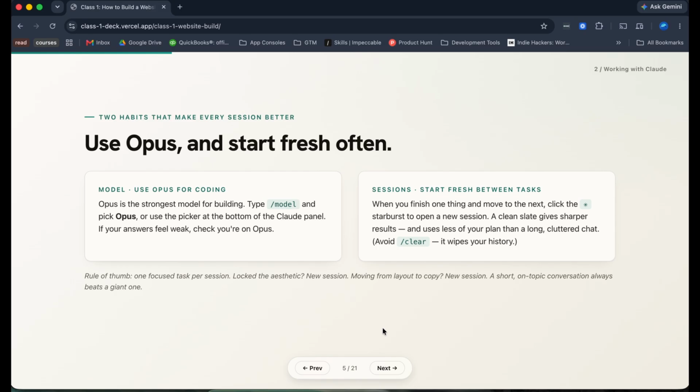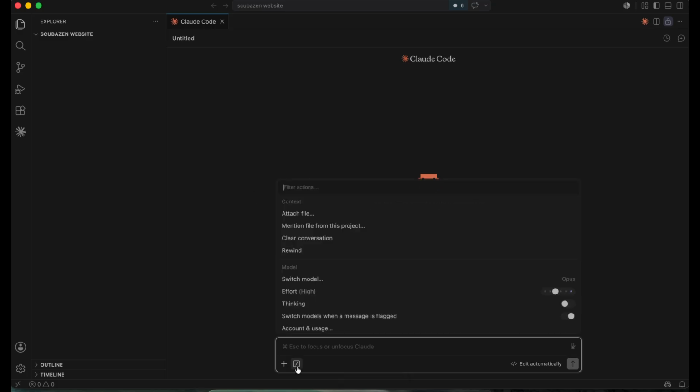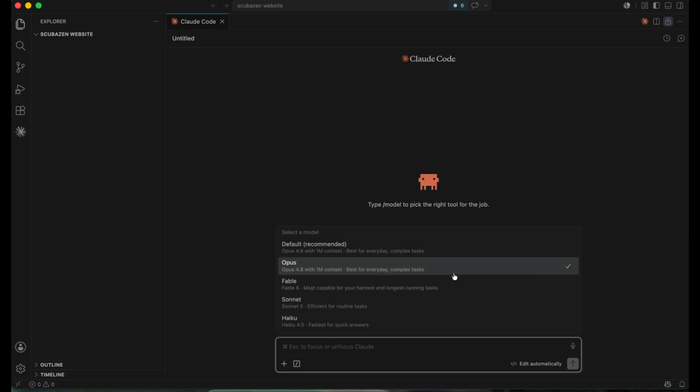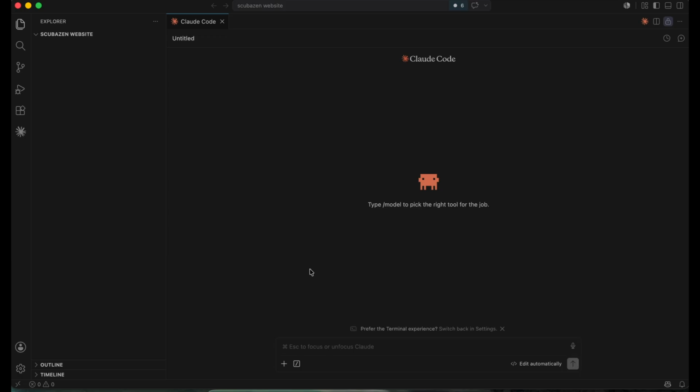So the way that we check is when we go into our Claude Code, you can hit this little slash here, and the model is right here, and if it says Opus, you're good. And if you want to switch it, just click it, and there's a lot of other ones. Opus is the one we'll be using. Fable was just released. It's only going to be available for a short time before it's paid. It's really, really advanced, but it's a little too advanced for what we're doing, so it's not completely necessary or worth the price. Opus is where we want to live for the purposes of this class.